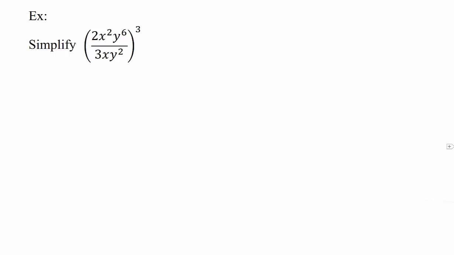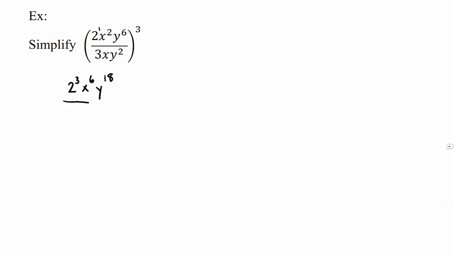Looking at a few more complicated examples now, putting some stuff together, I'm going to look at this expression to simplify right here, and I'm going to do it 2 different ways. The first way I'm going to do it is just by noticing, hey, I have an exponent to a power of an exponent, so I'm going to multiply all of my outside exponents, so remember that there's a 1 there, by the inside exponents. So 2 times 3 is going to be 6, and then 6 times 3 is going